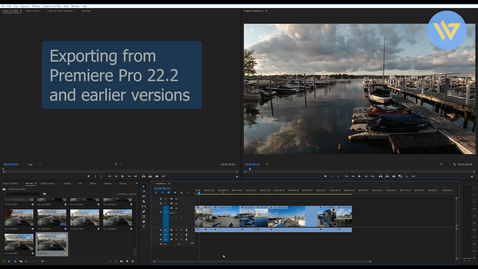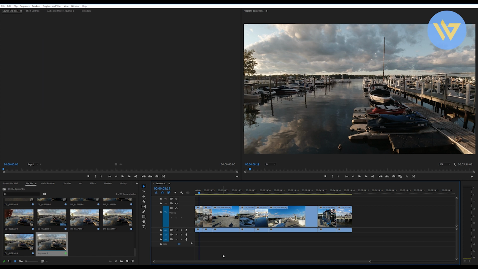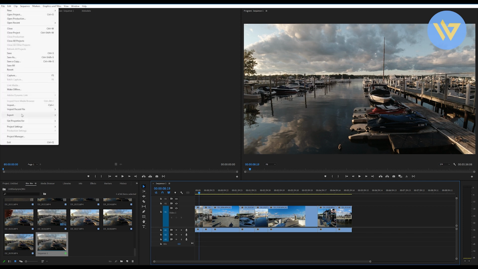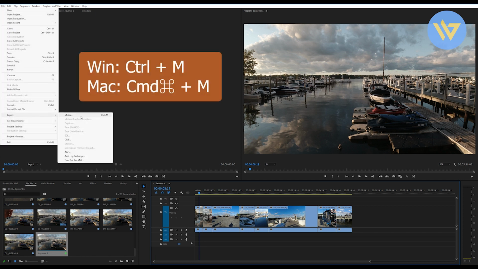In this video, I'll show you how you can export a Premiere Pro sequence out to a video file that you could use for YouTube or other social media. First, select your sequence, make sure it's highlighted. Go over to File, Export, Media, or you could use the shortcut Control-M on the PC or Command-M on the